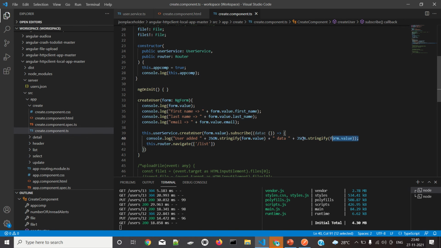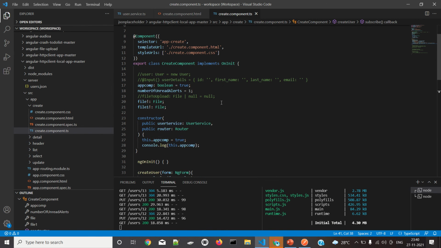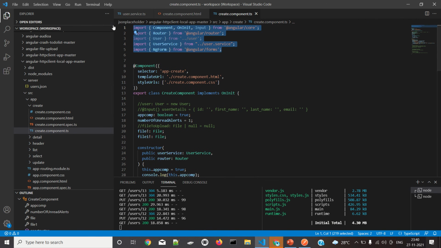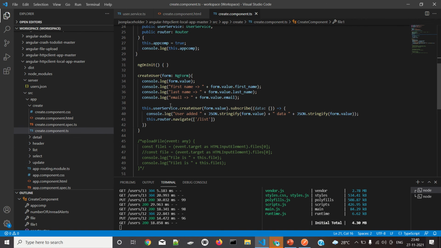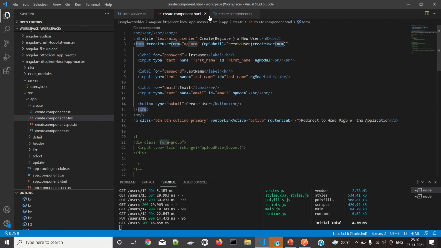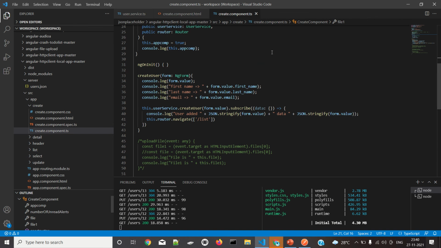Once it is done, it will automatically route to the list, so this dot router dot navigate slash list. For this I have done the same thing. I used to write file uploading, but later I didn't do it. As it is a template driven form, everything is done here. The ngModel will take care of all the things, and this particular form's value will be available here.